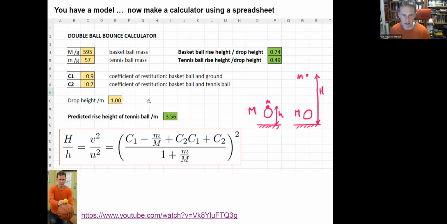You can make yourself an Excel sheet, and you can literally put some numbers in here. You could measure a basketball and a tennis ball, or try it with other things, and you can work out that cell there in terms of these numbers. A nice thing you can do in Excel is actually give that a letter. I don't know if I've quite got time for that today, but you can assign a variable to that cell, C4, so this answer looks more like the maths we've got here. Then you can just use it as a calculator to predict one of these, and see how close you are to reality. So that's probably the simplest one.